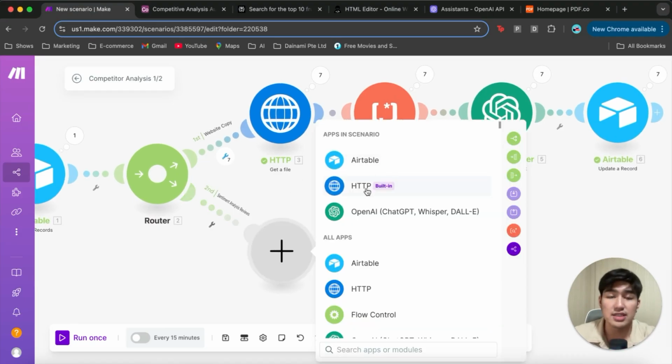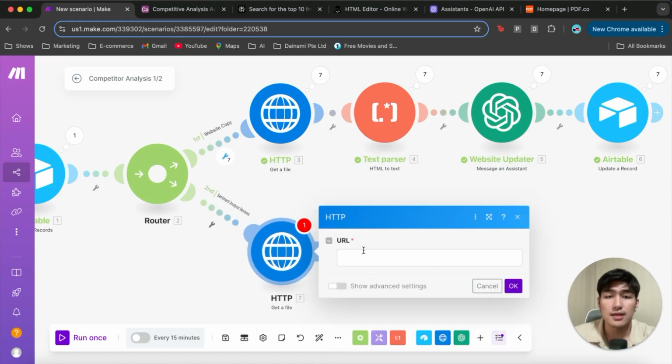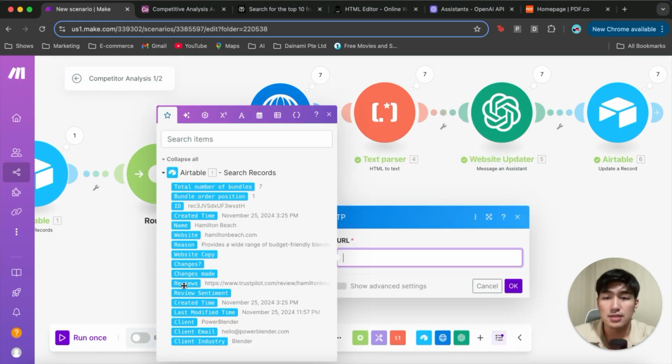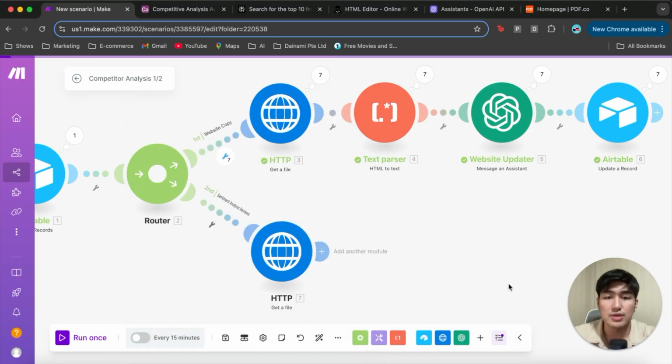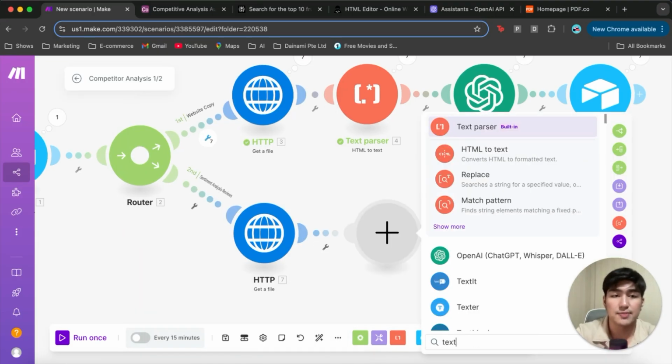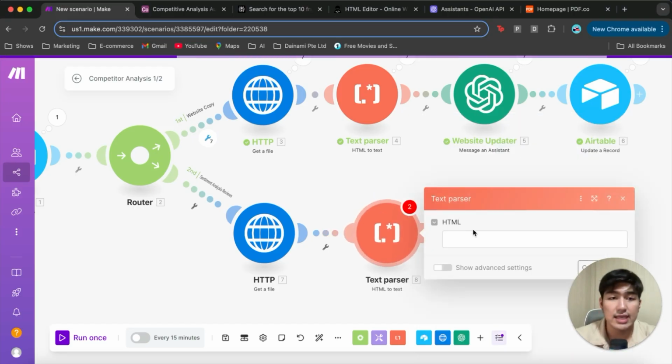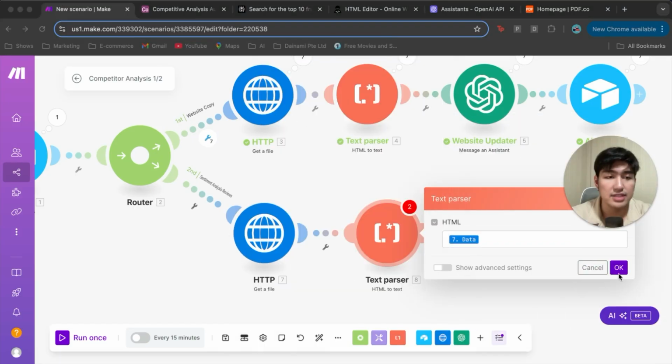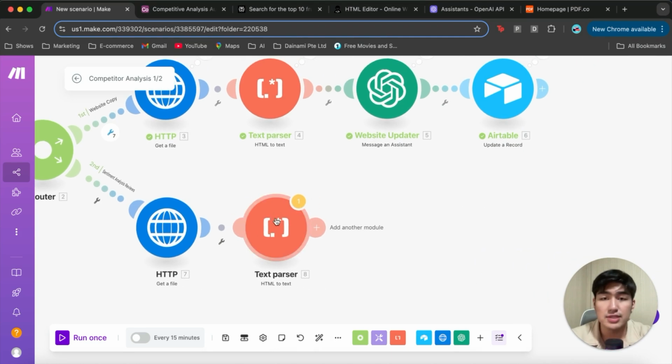Same thing here, we're going to click HTTP, get a file, and this time the URL would be the reviews URL, and we're going to click OK. And similarly, we're going to create a text parser, HTML to text, and we're going to choose the data, and click OK, done. And the next one we're going to do is to get a GPT to create sentiment analysis from the reviews